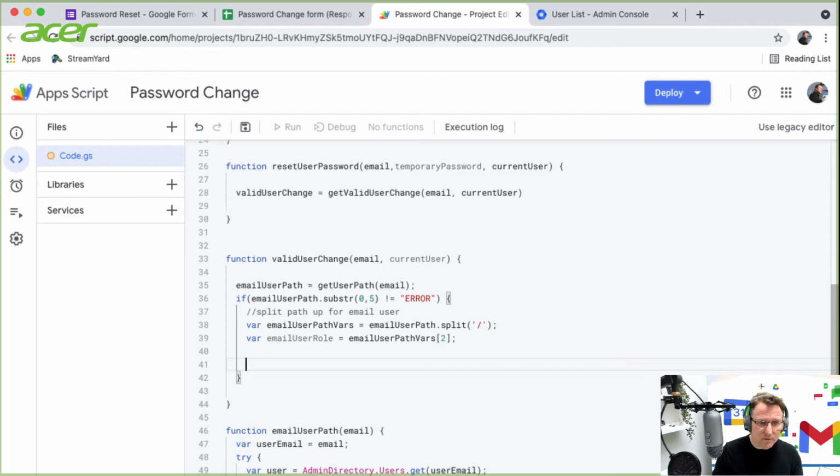Okay, grand. So that's the person whose password we are changing. We've got their information. And let's get the information about the person making the change. So this will be the one for students, and then the next one we're going to do is the one for the teacher. So let me just do this. We're going to get a new current, let's do the same thing again. So current user path equals